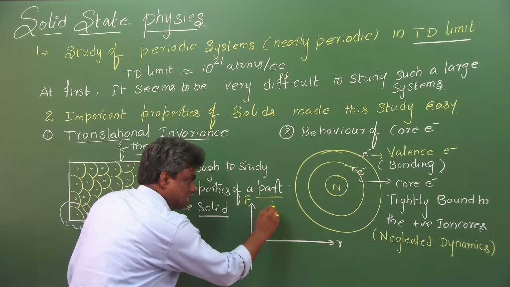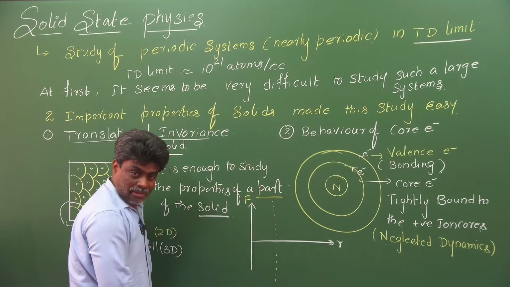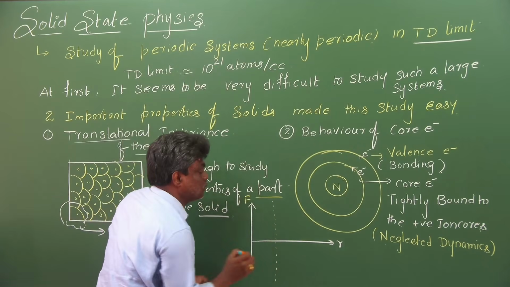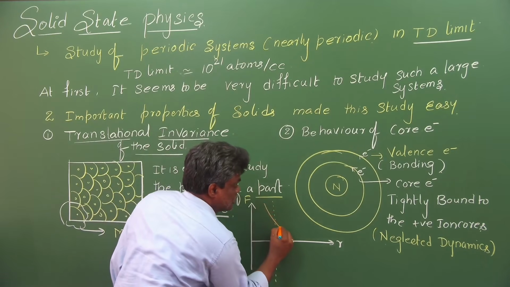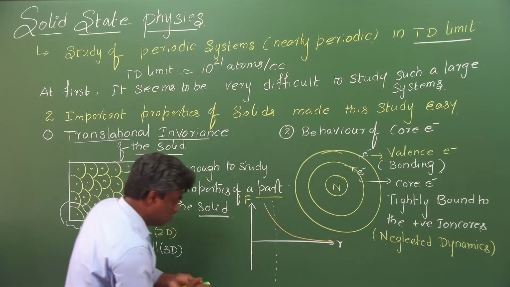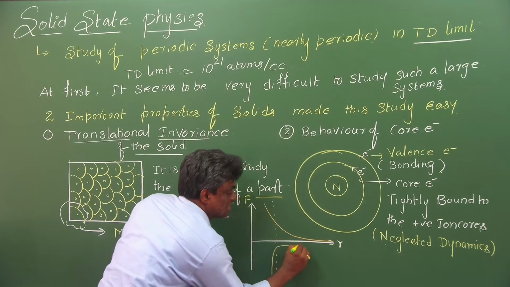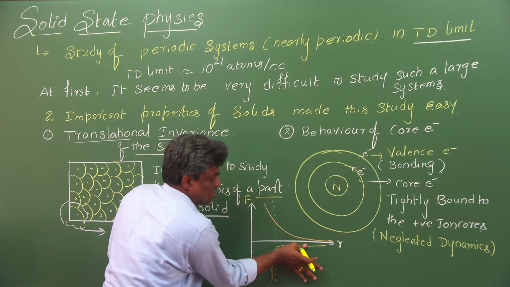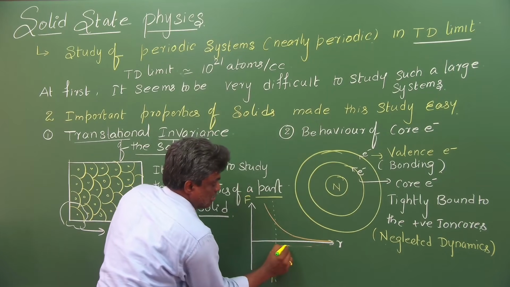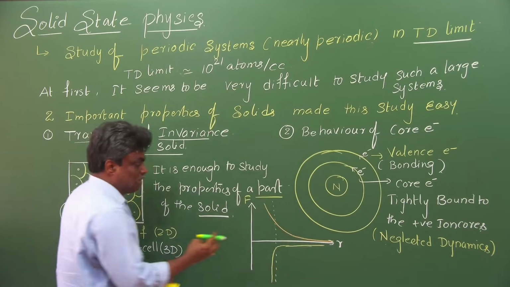And I am taking this as the equilibrium position. So, the attractive force will be this curve. And the repulsive force will be like this. Something like this. And the resultant force will be